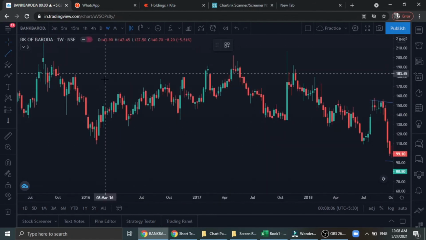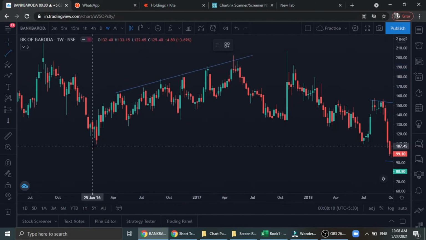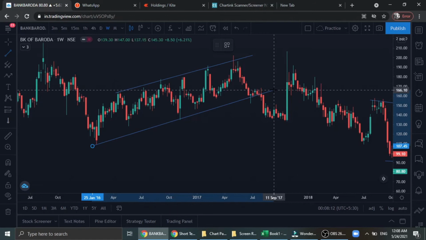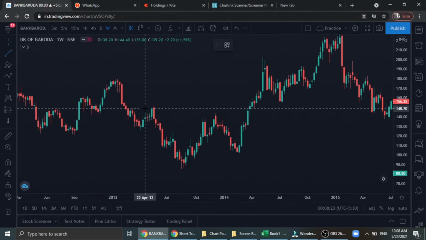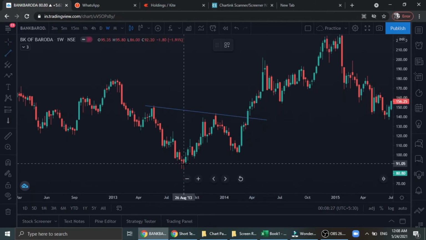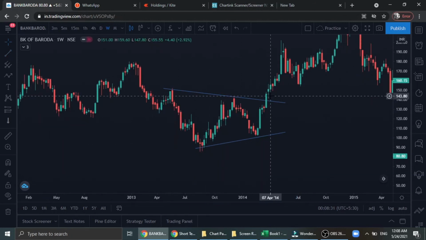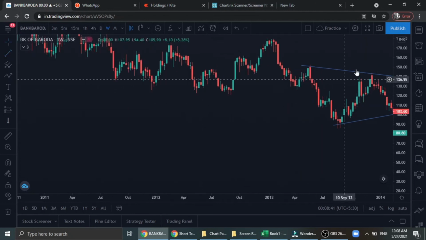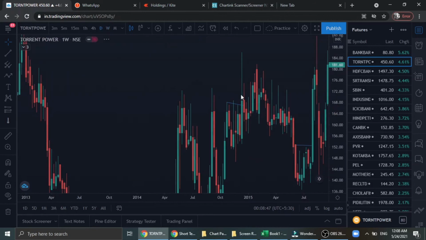And here on weekly time frame again, it's a very good up channel and then took breakout here, then gone downside. On the same weekly time frame, you can see here one pattern, which is again a triangular pattern, then took breakout here and then gone upside. So we look into the other chart, the third one. We'll go for daily time frame this time.